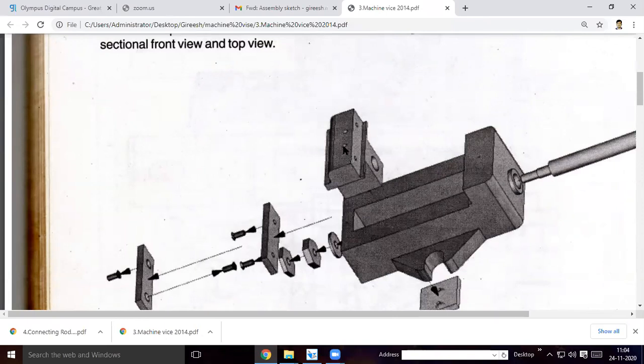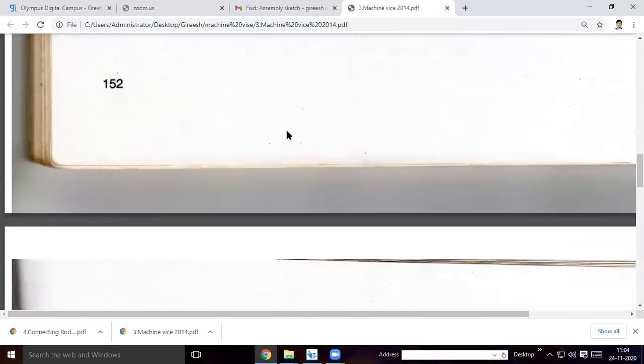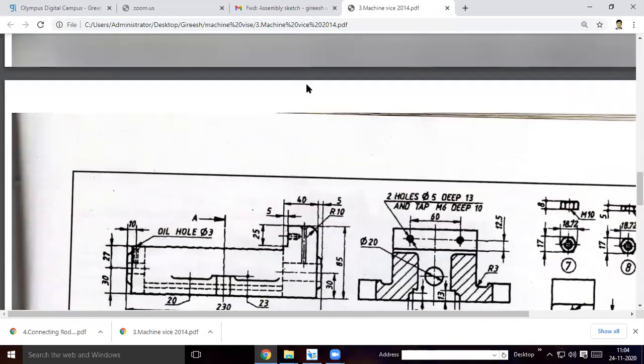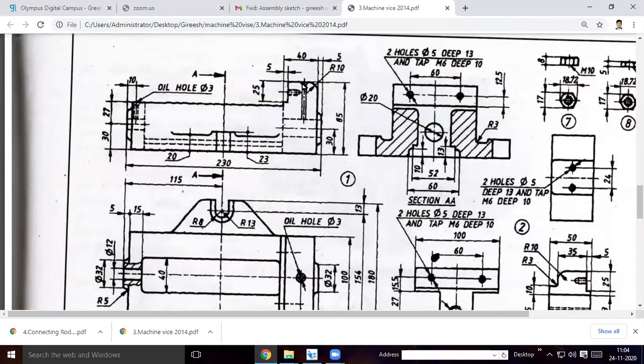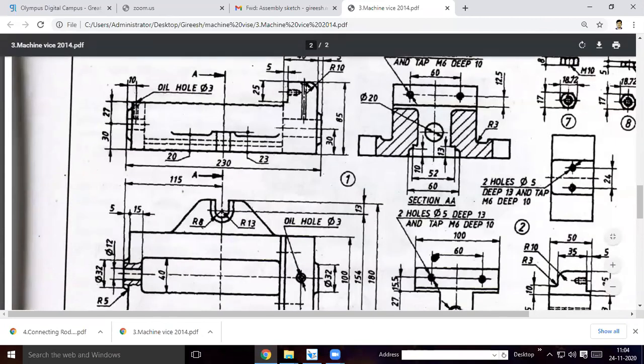This hole as well as these holes are given for lubrication. Even if you don't do that, it does not matter in your exam. This is given the least priority. If you have time, you can do these two lubricating holes, or else you can leave them. As you are practicing now, you can do this.